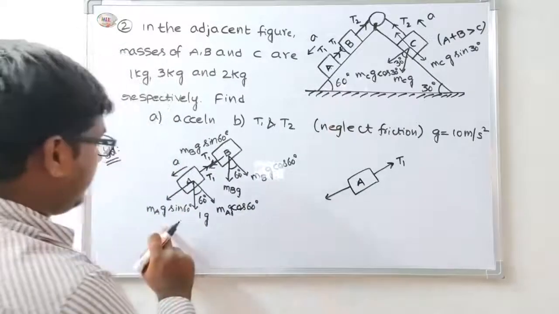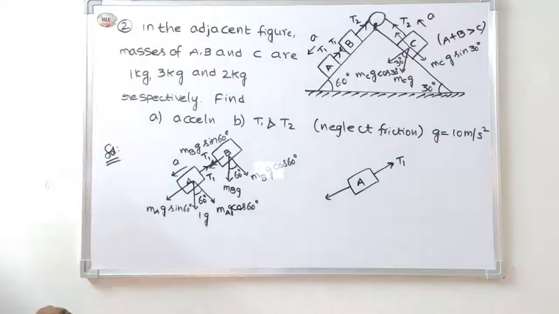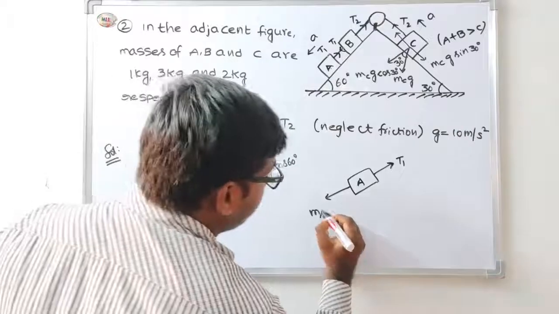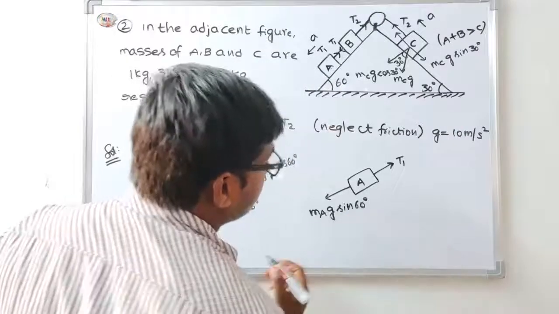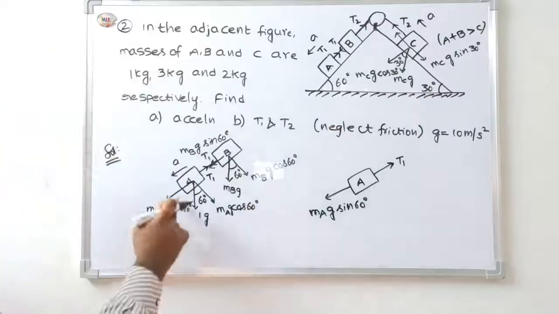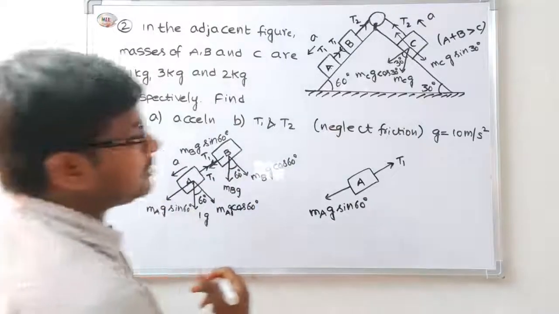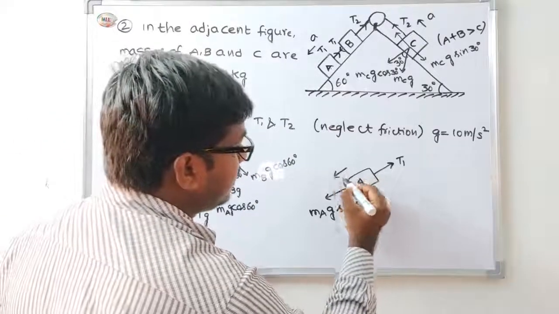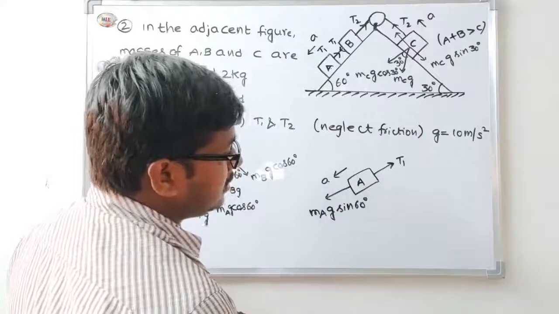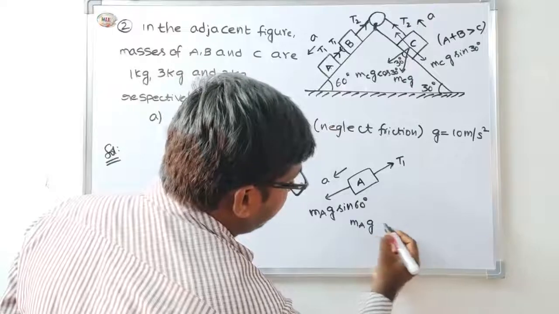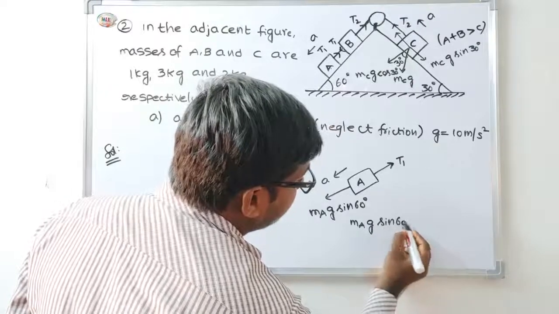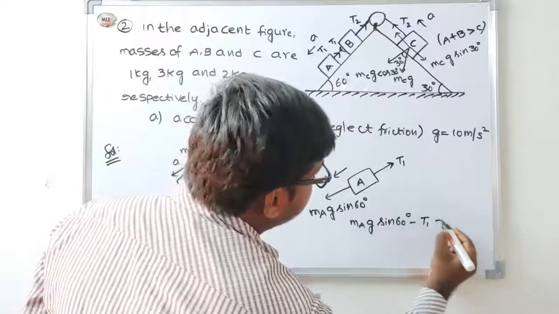In this one, MAG sin 60 acting the vertical component, acceleration is acting in this direction. First write MA equation, MAG sin 60 minus T1 is equal to